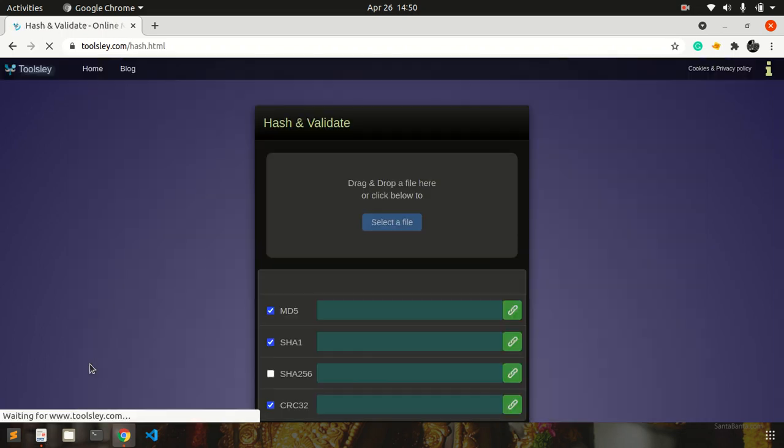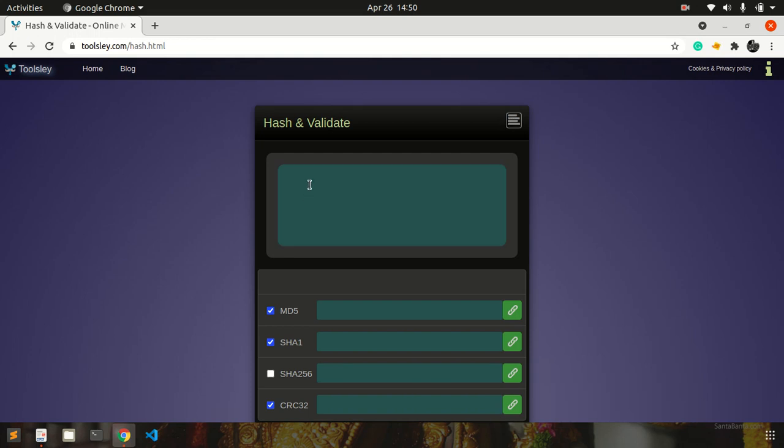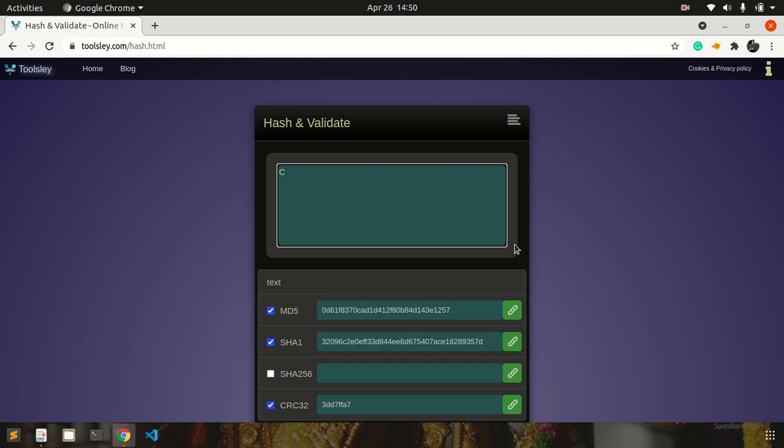Okay, so this is the hash and validate feature. First of all, let me show you. You can also create a hash, like if you type cyber forensics here, you can see that whichever algorithm we have ticked here, it is creating a hash value for this particular text.